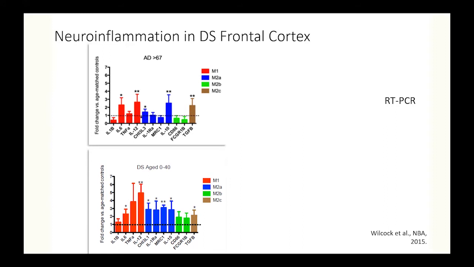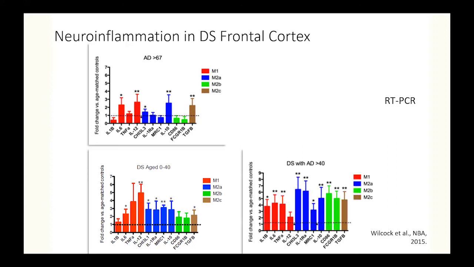similar to what we see in sporadic AD. So now what happens when you have a brain of a person with Down syndrome who died with Alzheimer's disease? It gets worse. So a huge amount of increase in inflammation and a number of pro- and anti-inflammatory molecules. But uniquely to Down syndrome, we see CD68 and FCGR1 beta increased. And this is not a pattern we see in sporadic AD. It's unique to Down syndrome.